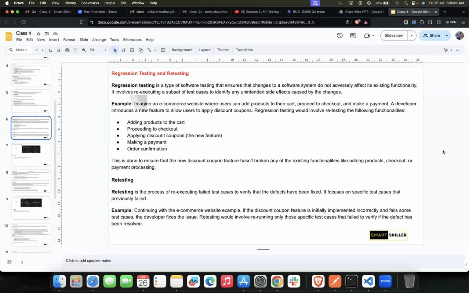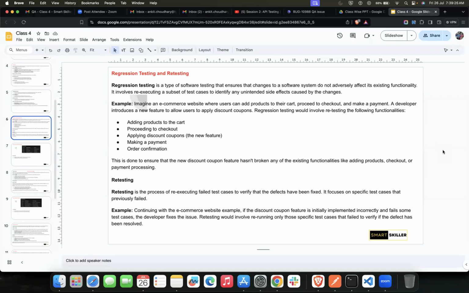So if a functionality has already been released, the tester won't be able to test that functionality every time, as there are new tasks as well. So whenever there is a new release or new functionality is introduced, we need to make sure that the existing functionalities are not breaking.